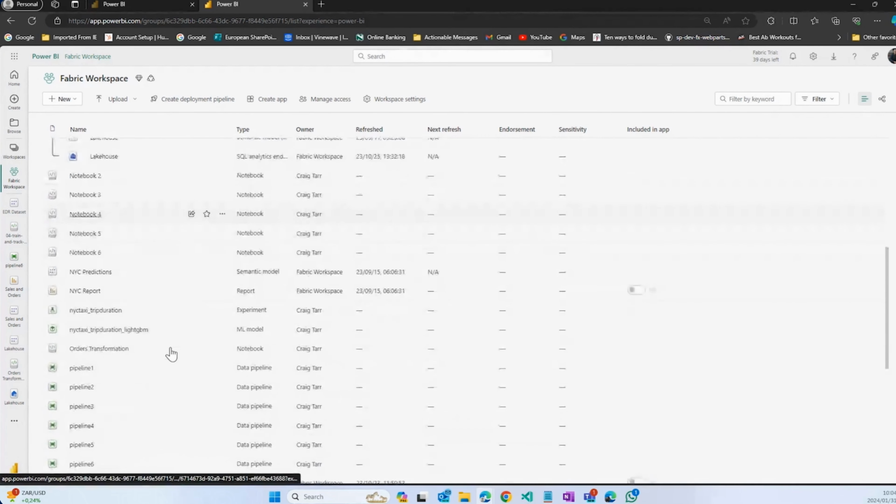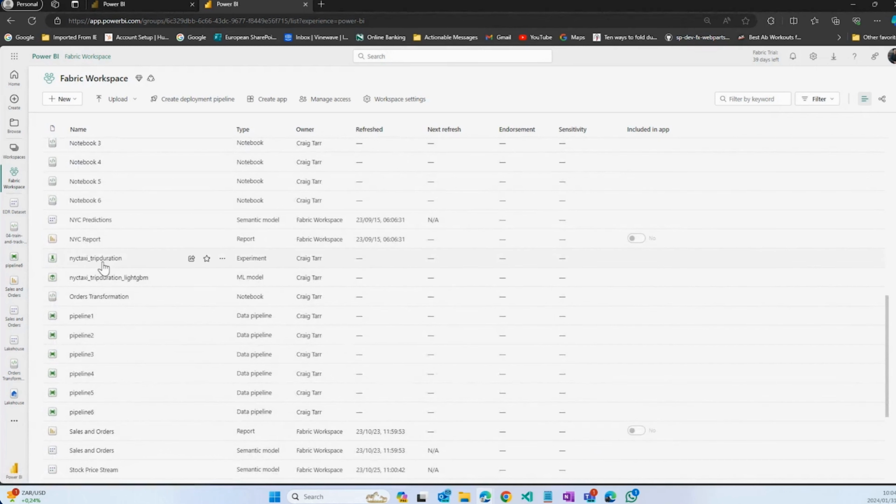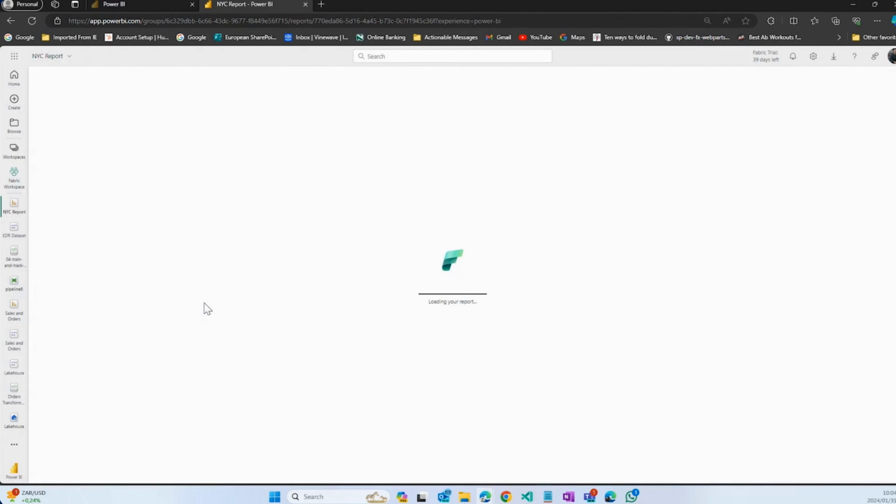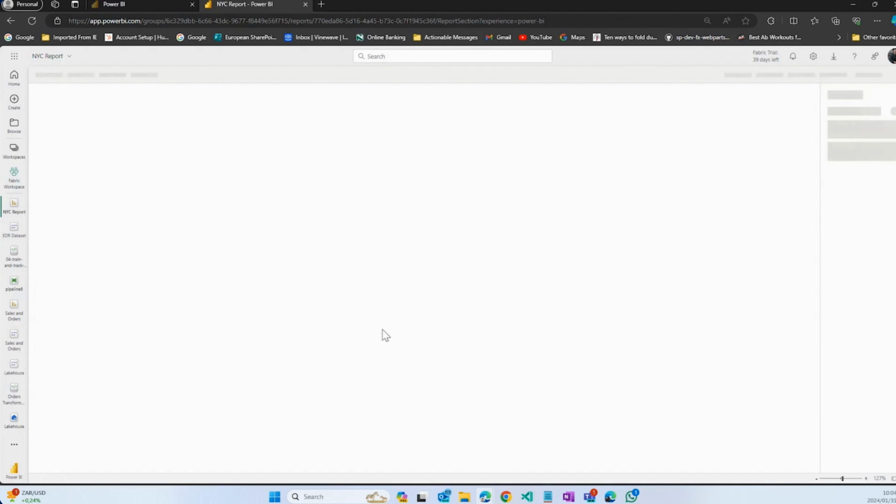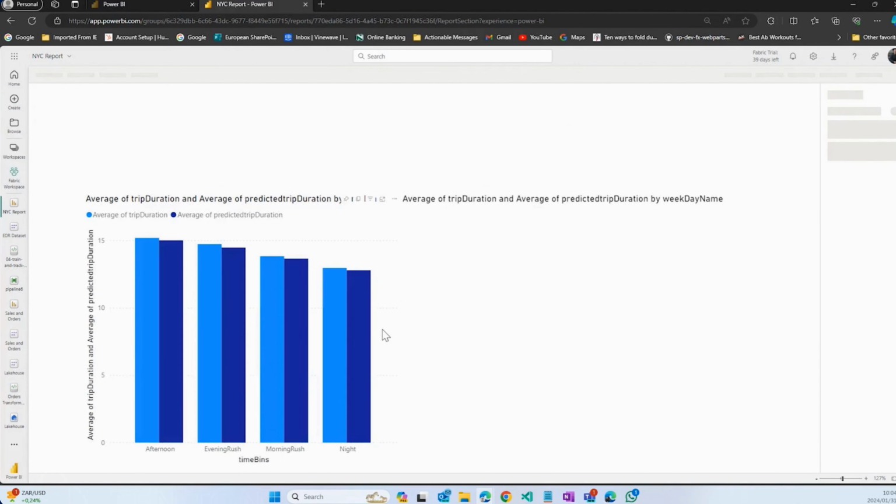And I pulled this from Microsoft's examples, but utilizing predictions for cabs. So that notebook that I showed you built a prediction model for cabs to show you a machine learning model. And then you can look at your machine learning versus your actuals.